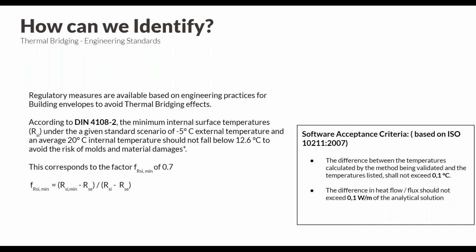For example, if we calculate temperatures with a software, they should not have more than 0.1 degrees Celsius discrepancy or tolerance compared to the analytical solution. So this makes sure that the software you use is apt for thermal bridging applications and comes under the acceptance criteria to be used for a larger or whole building envelope itself. So we'll take a look at how SimScale performs on this